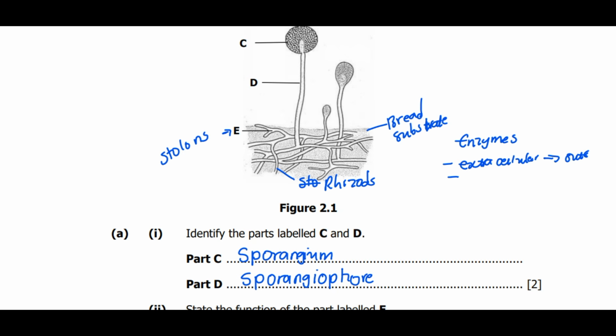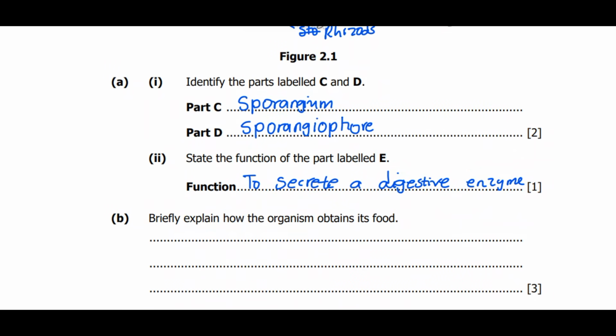After this complex food substrate is broken into simpler ones, the simpler ones will now be absorbed by the rhizoid. So one of the functions of the rhizoid is to absorb the digested food molecules. So we'll say the rhizopus